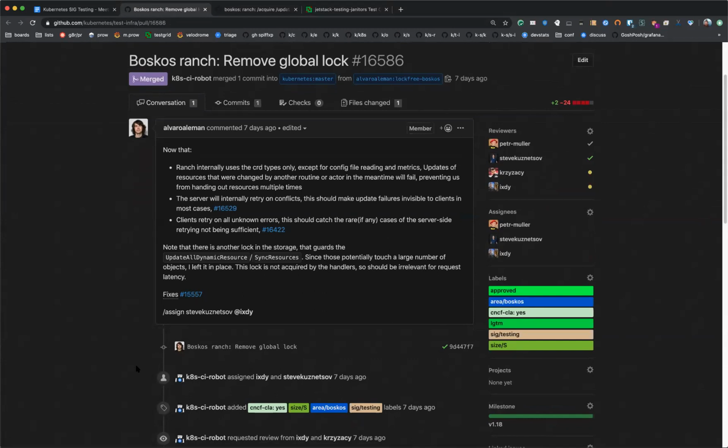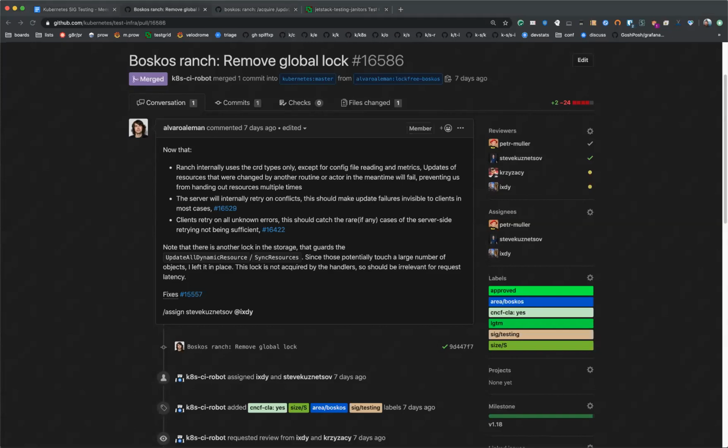And what was done, and for which this pull request was the last bit, is that I changed Boskos, which is internally based on custom resources that get updated, to internally also use these custom resources,